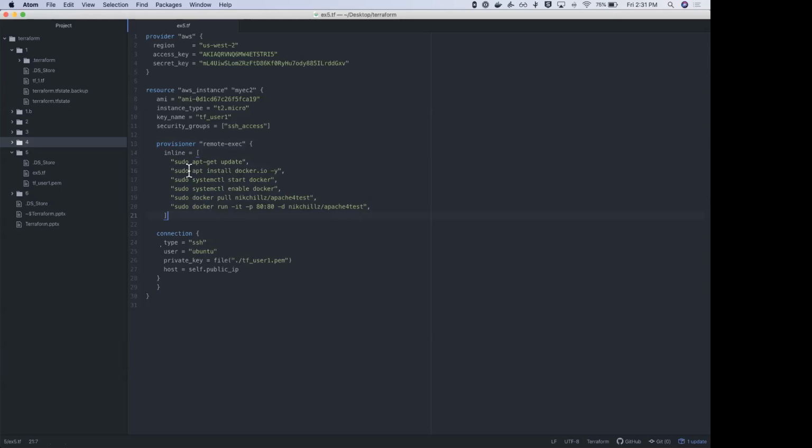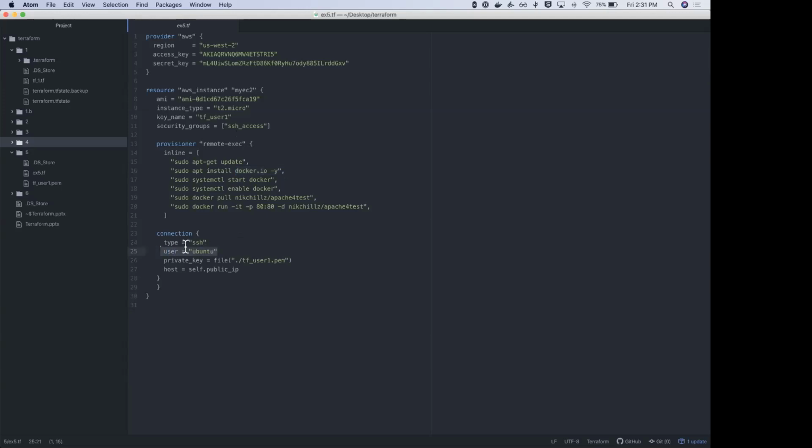So what will happen is, inline will have all these commands one after the other, like sudo apt-get update. It's going to install Docker, start Docker, enable Docker, and it's going to pull a particular image and then run that image. To perform this, we are again going in via an SSH connection.